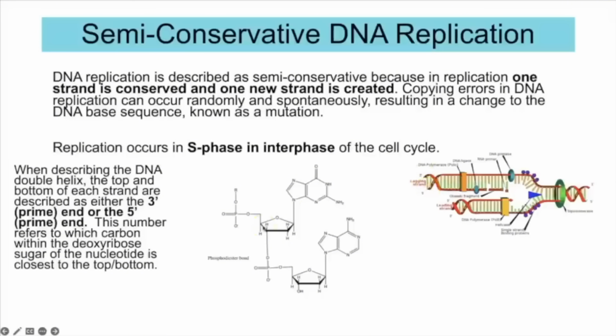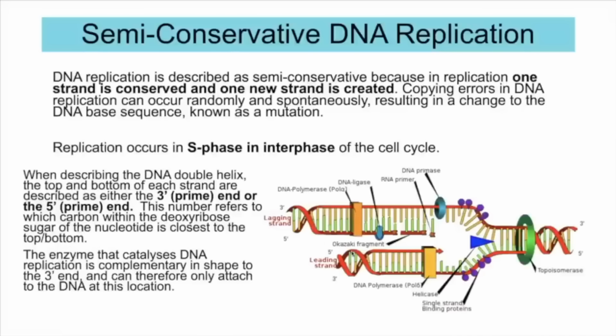And it's a way to describe the top and the bottom, but take into account the chains are anti-parallel, so they do look slightly different. The enzyme that catalyzes DNA replication is complementary in shape to the 3' end. And that is the relevance of this to semi-conservative DNA replication. That enzyme can only bind at the 3' end of a chain, and then it will move along towards the